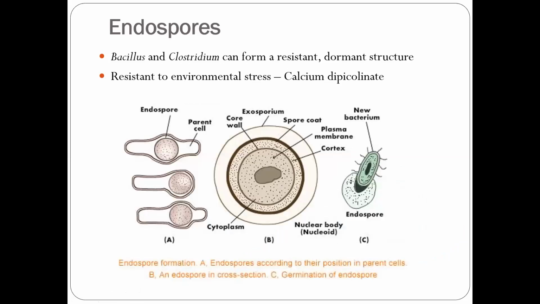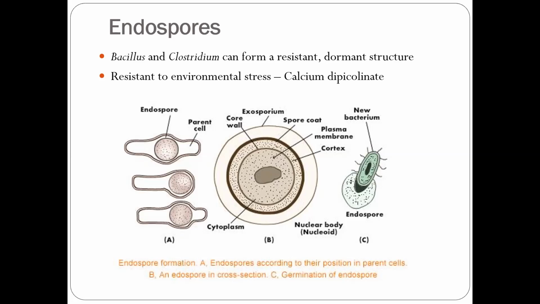Now, for the last slides, we're going to talk about the endospore. We will do the endospore stain in the lab if we have the opportunity, and I'm also going to draw on the blackboard later in the lab section. So I'll keep it a little bit simple here. First of all, you need to know there are two genera of bacteria that have endospores: Bacillus and Clostridium. For Bacillus, we have Bacillus subtilis, Bacillus cereus. Clostridium, we will talk about Clostridium difficile,